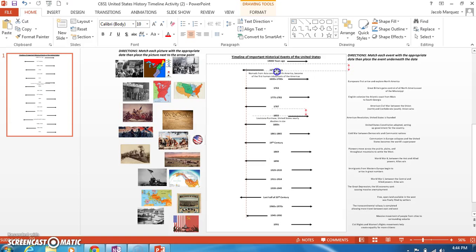Maybe I put this one right here. I'll look through my notes, find out that this one goes over here. Okay, these are just examples. These actually aren't the true answers for these ones. Okay, and you're going to do that for all these events right here. Once you finish these, then you're going to match each picture with the appropriate date and then place the picture next to the arrow. Okay, so let's go back to this one right here where we talked about the Louisiana